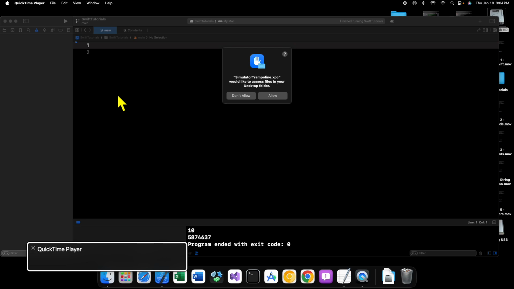Welcome back to another video, and in this video we're going to be continuing on with our Swift programming tutorial series, and in this particular tutorial we are going to be taking a look at the final keyword in Swift. Now, what is the final keyword? Well, the final keyword is essentially a way for you to control whether or not a class, property, or method can be overridden